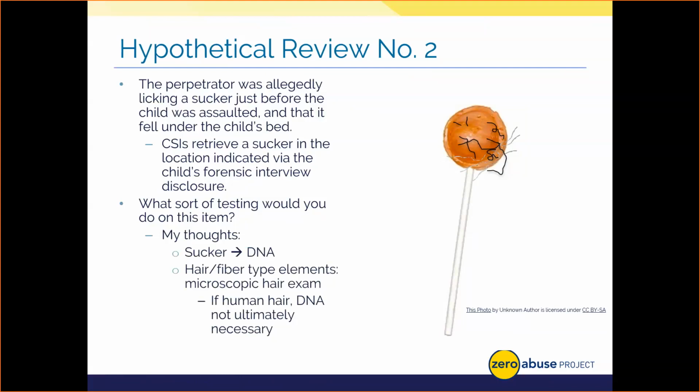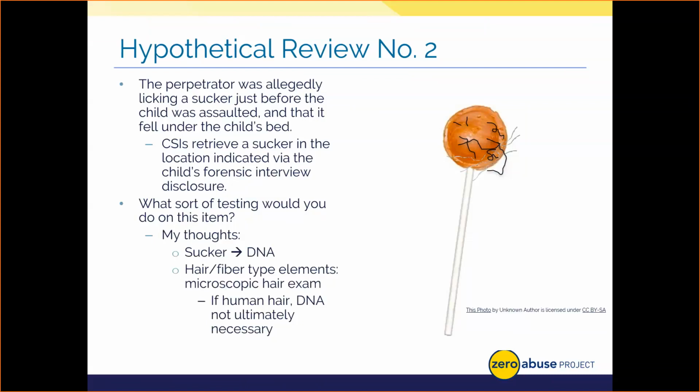What about the trace evidence here? I go ahead and take a look at the different hair and fiber items and try to identify if anything was a human hair. I try to identify if it had a root or follicular tag, since that could be another source of DNA to corroborate claims by the child and support the victim or the suspect being in the room from which the sucker was retrieved. Getting really detailed here, I'd number the amount of each hair and fiber type on the item, since it looks like there might be two different distinct types. And I'd catalog them as sub-items, but I'd probably hold off on testing them.